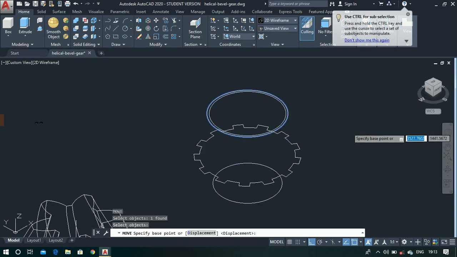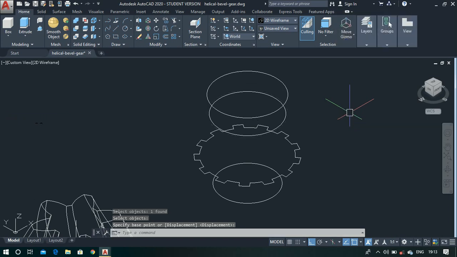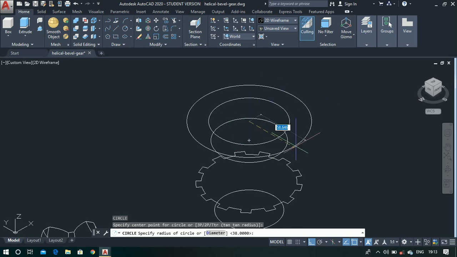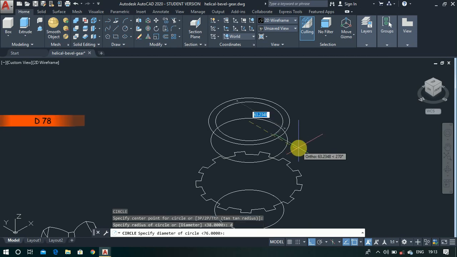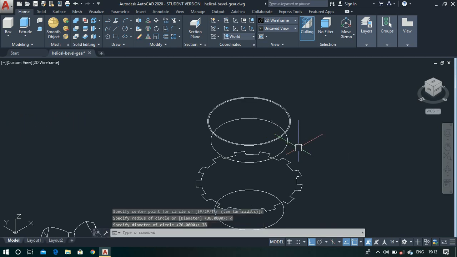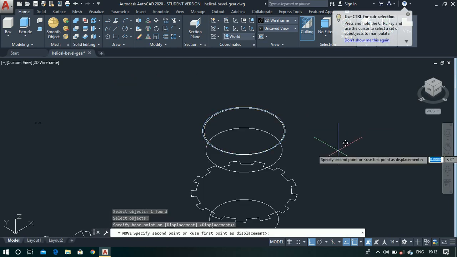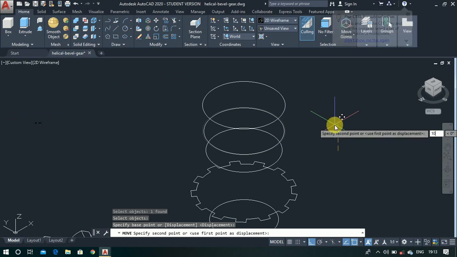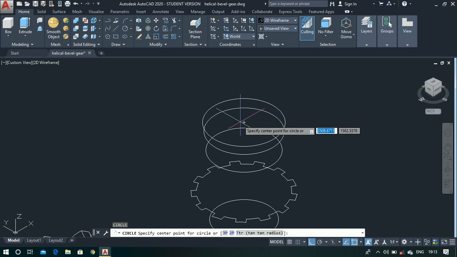enter, click at any point and just move it to a height of 22 and make another circle from this circle of diameter value as 78 and just move this circle again, select the circle, click at any point and just move it to a height of 10 units. Now again make a circle from this circle